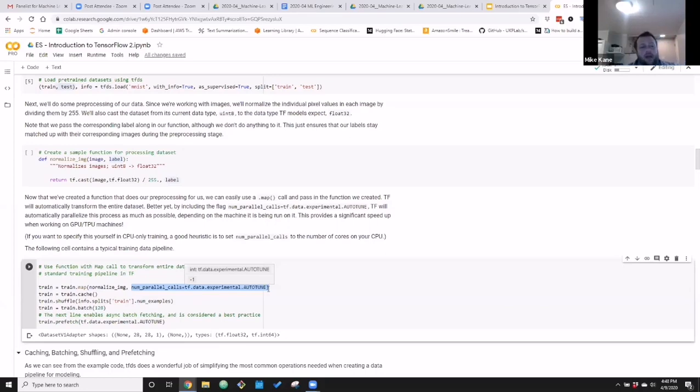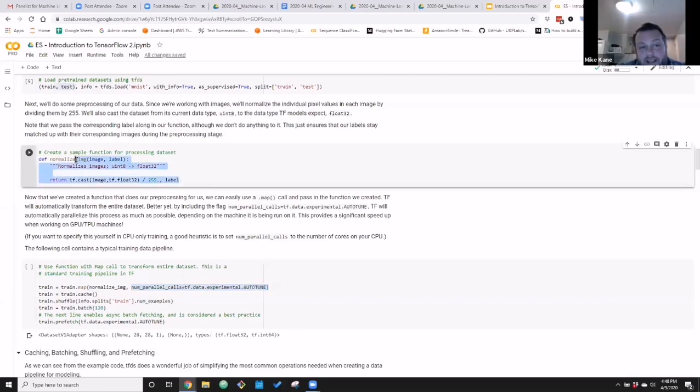Well, TensorFlow and the Google team behind it are obviously really big fans of making things work fast and of parallelizing any operations possible. So if I need to take 70,000 images and normalize them, and I'll explain what this function is doing in just a second, well, I could do that all on one CPU core.